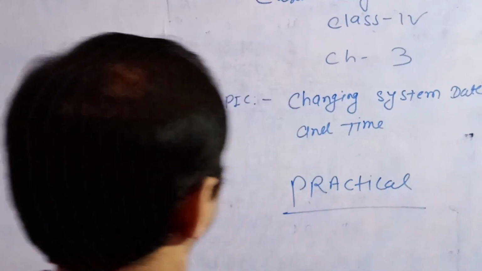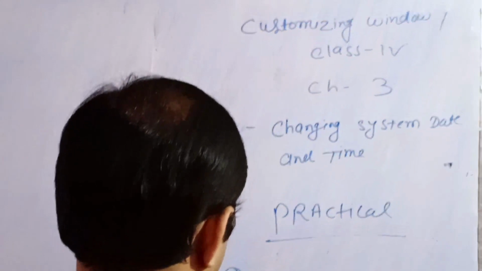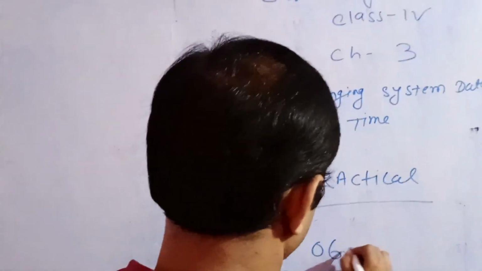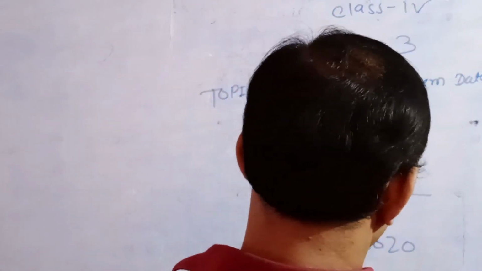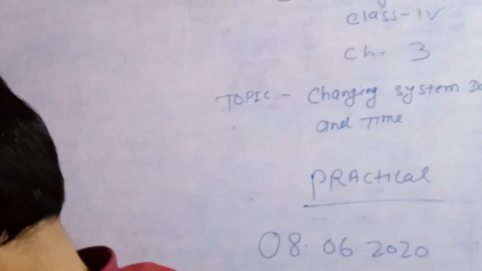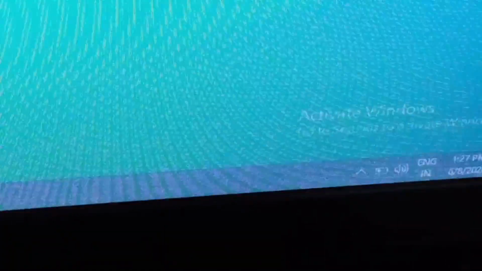Practical. Date 8/6/20. Today I discuss changing system date and time. Today is the practical part. This is Windows 10, not the installed Windows 7, and this area below is